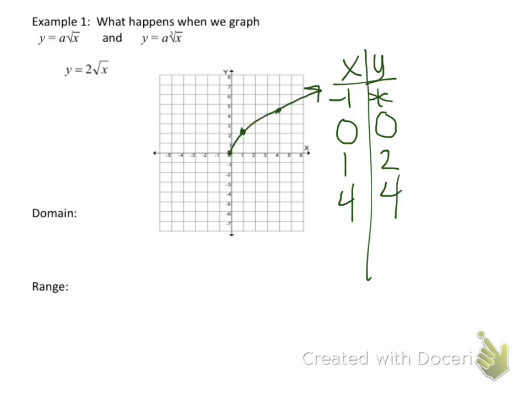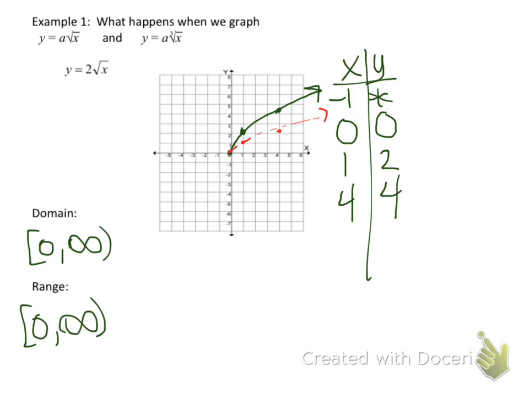If we graph those points, we'll see that yes, we still have that same basic shape of our parent function. If we compare that to our parent function, we can see that it is stretched a little bit. Taking a look at the domain before we get on to the comparison of these 2 graphs. Again, the domain, how far left does my new function go? Well, again, it still doesn't go any farther left than 0, and it will go on forever to the right to positive infinity. And similarly with the range, it will go down as low as 0 and up as far